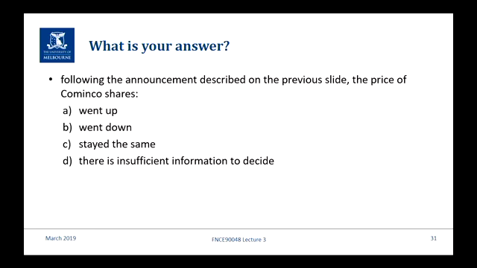Who thinks A? There's one person, two people that were brave enough to say A. Who thinks B? Lots of people think B. So I'm going to ask someone from each group, and if you haven't put your hand up, I'm just going to randomly assign you to a group. So the people that haven't yet put their hand up think it's C or D. Who thinks it'll stay the same, C? Ooh, no C's? Who thinks it's D? I've got a front row of people that didn't put their hand up. So I'm going to assume that you thought it was C or D and ask you to explain it.